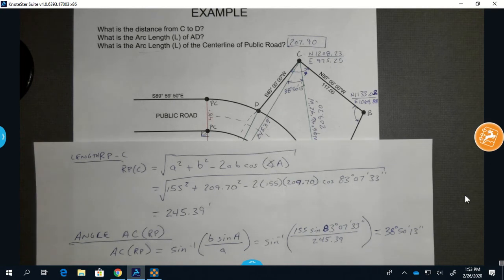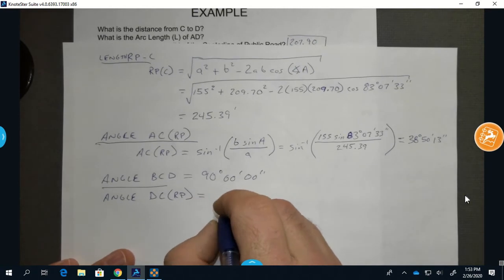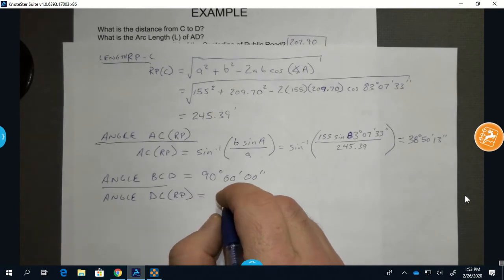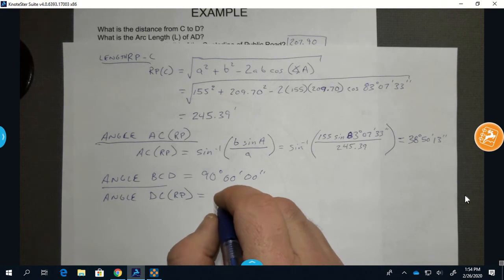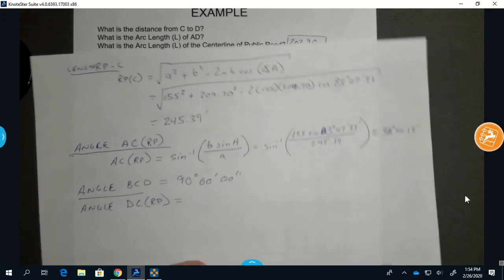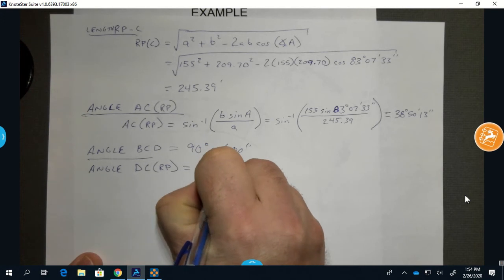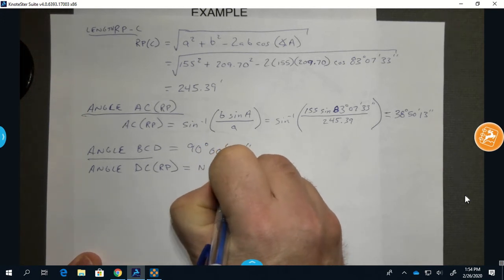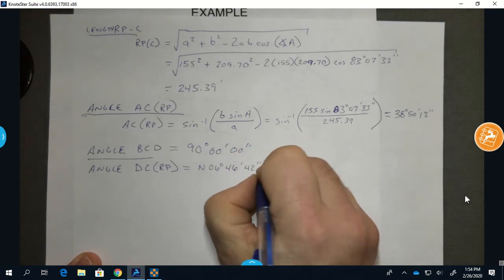Let's look at this for a second. So DCRP, if I take our bearing of A to C, so this bearing here, A to C, that is north 0.6 degrees, 46 minutes, 42 seconds, west,